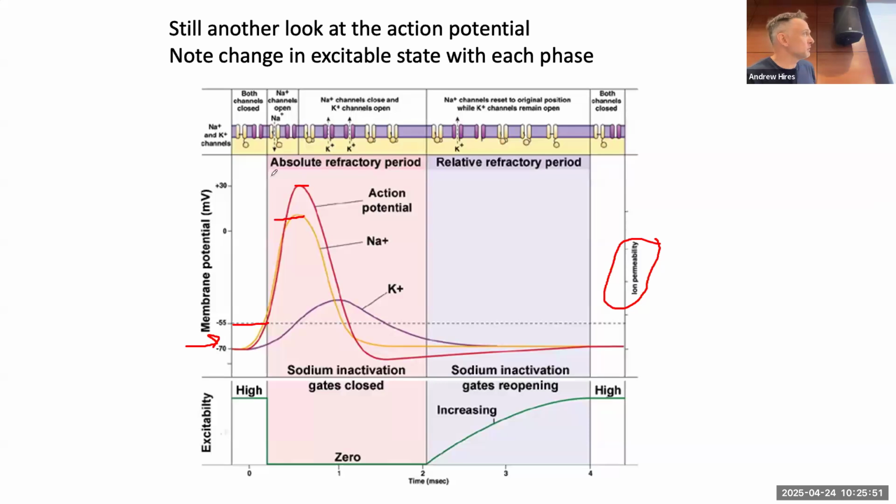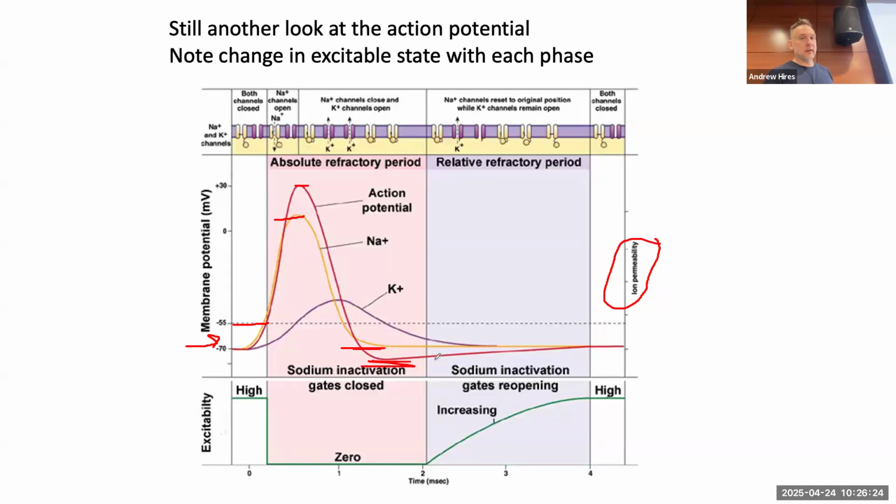Okay, so we've depolarized now. Our voltage-gated potassium channels are opening up. Our permeability for potassium is going up, while our sodium permeability is going down. And at some point here, the sodium permeability goes back down to basically baseline. But our potassium permeability is still high because our voltage-gated potassium channels are still open. That's why we're going to get this undershoot here, where we go below our normal level of voltage,